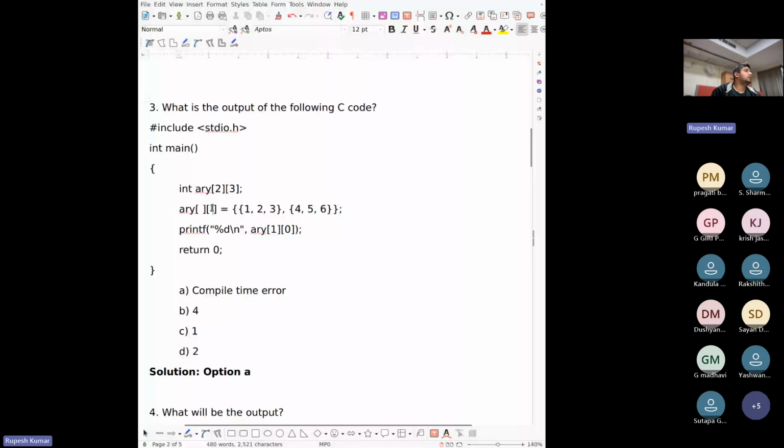So this is basically the syntax of two-dimensional arrays in C. Whenever you declare two-dimensional arrays, you need to define the number of columns. You have to fill in the number of entries in the second box. And in this case, you can see the box is empty. So this gives an error.